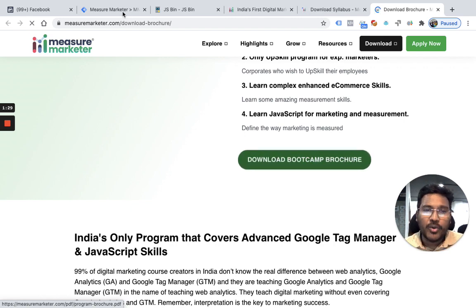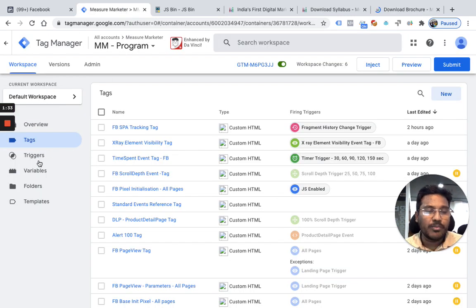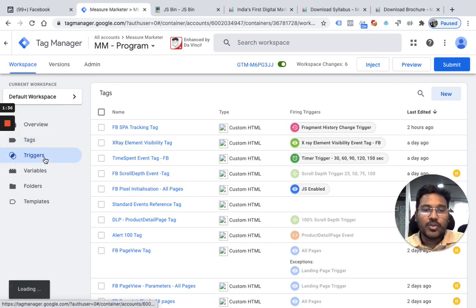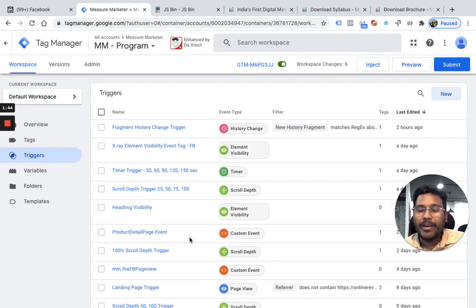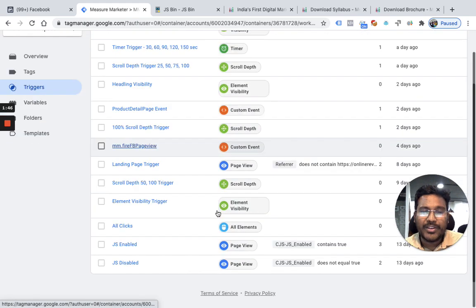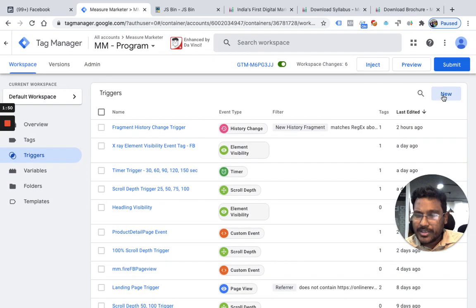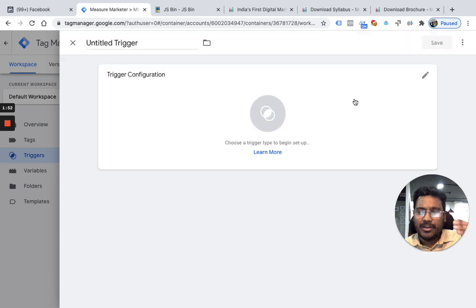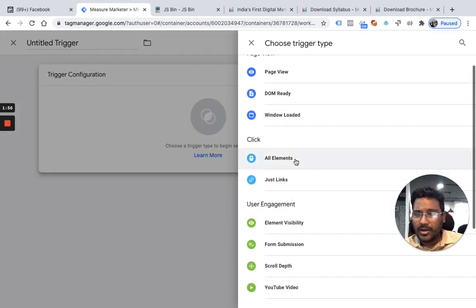So I'm going to go to GTM. Remember, I showed you two URLs. I'm going to first create a trigger. To create a trigger, I generally create an all click trigger first. For people who are new and might not understand how GTM works, you can create a trigger called all click. You just create a new trigger. There are several built-in trigger types available, so I'll simply select all click elements.